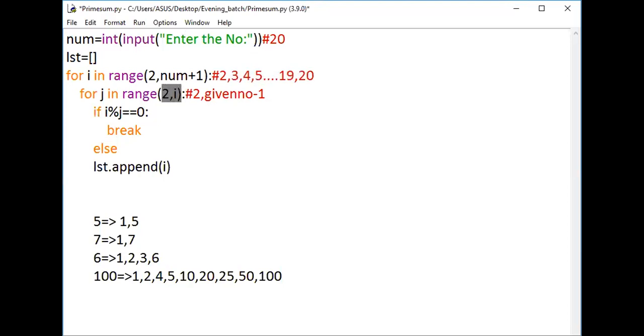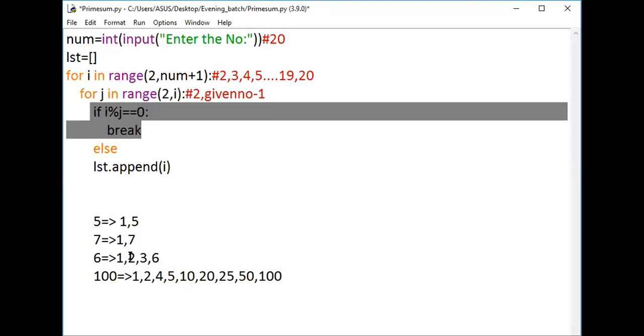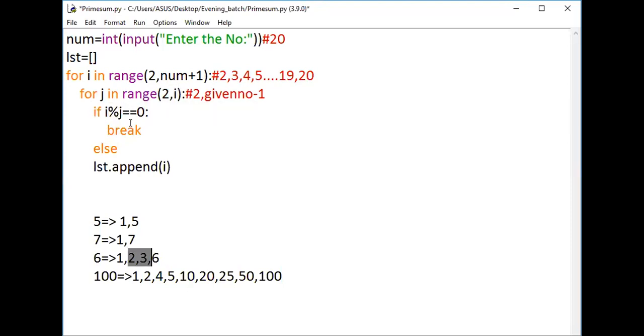And we know that in Python, if I mention i, it will go only till i minus 1. So we are taking this as a condition. We are checking, do you have any factor in between the range? If it is there, break it. If it is not there, when you keep on executing throughout the program perfectly, then we are supposed to include this value. So this is done.